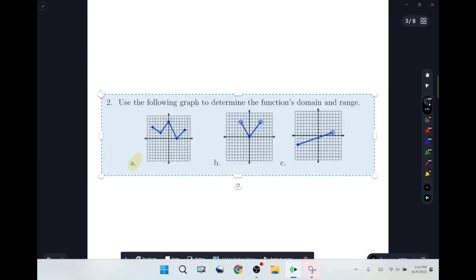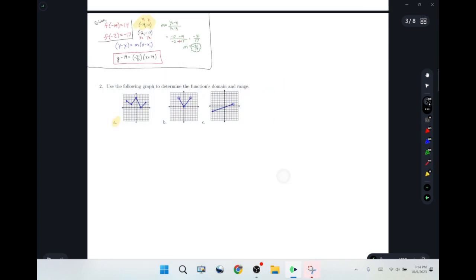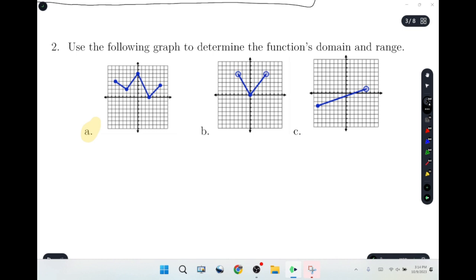There's the problem. All right, use the graphs to determine domain and range. This is nice. This is nicer than using something else. Equations are a little tougher, I think, especially for the range part of it. So, use the graph to determine domain and range. For domain,